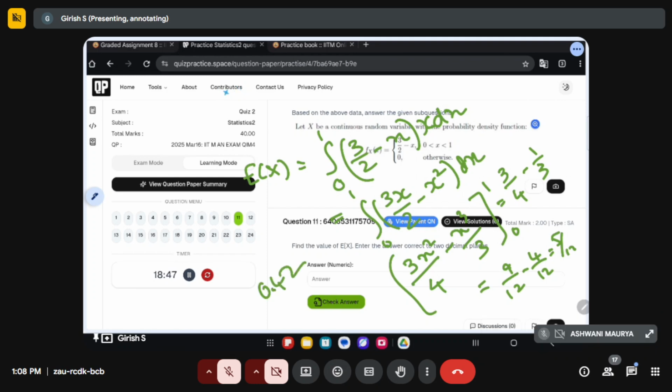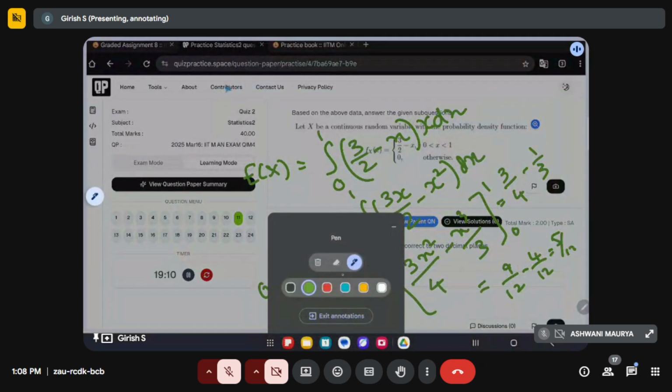Let's take it up. Is it clear how I'm doing it? It is x into f of x. It's just x into f of x, just integrating it, right? Any doubts? Is it fine? Shall I erase this one? Yes, you can. Okay, so I expect the answer is 0.42. Let's see.